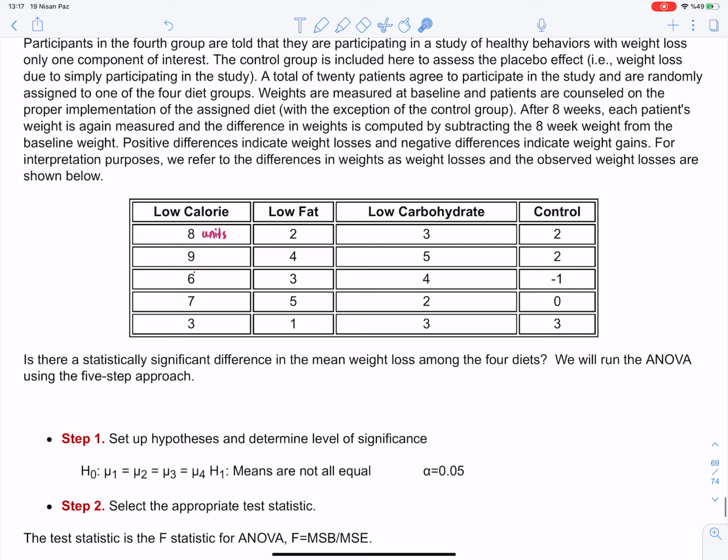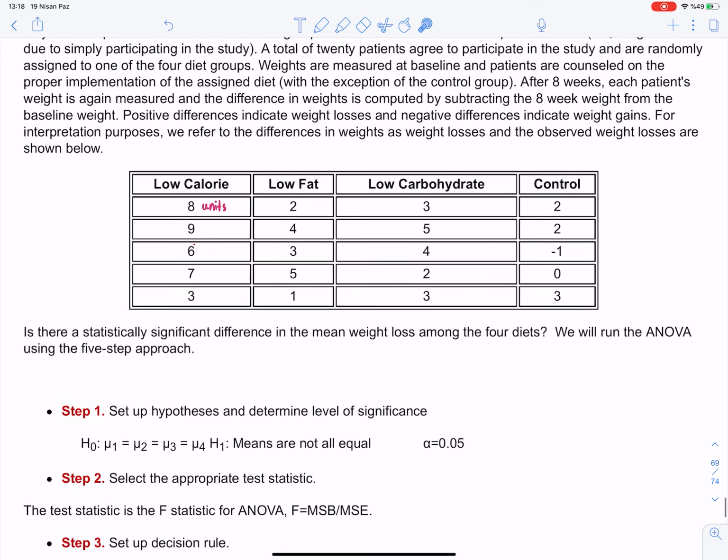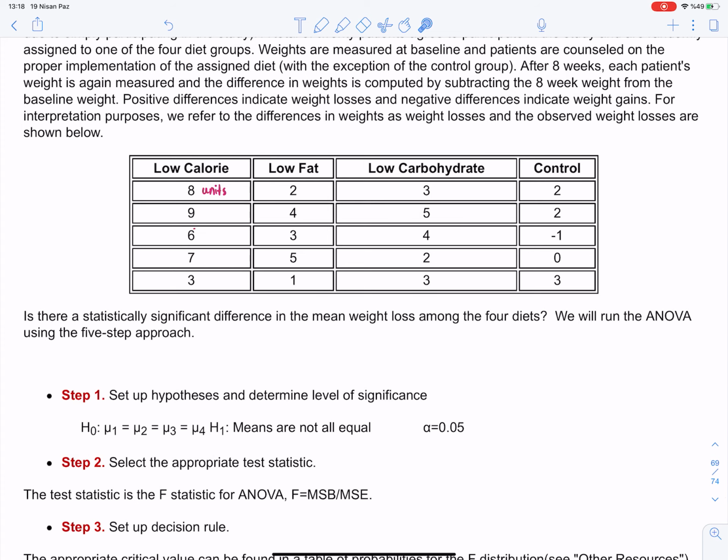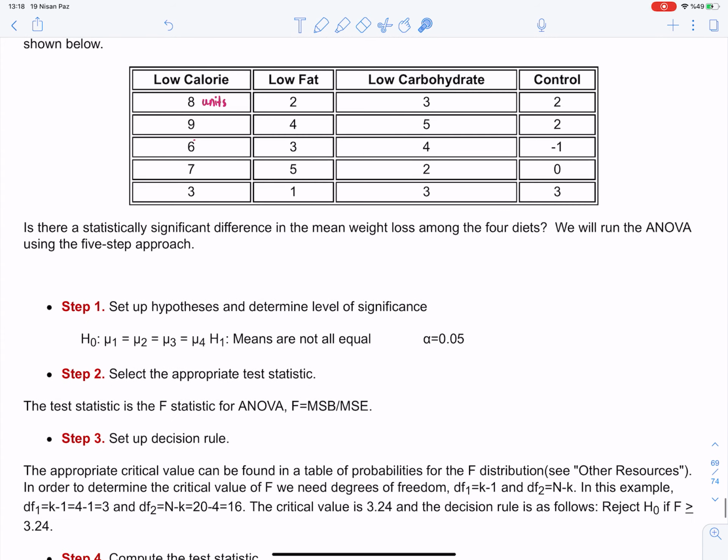So you can now understand what the question is. Is there a statistically significant difference in the mean weight loss among the four different diets? So that's the question. Okay, let's run according to the source. We will run the ANOVA using the 5-step approach. Step one,